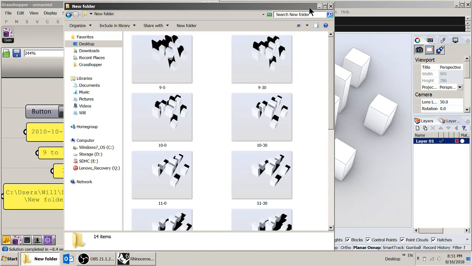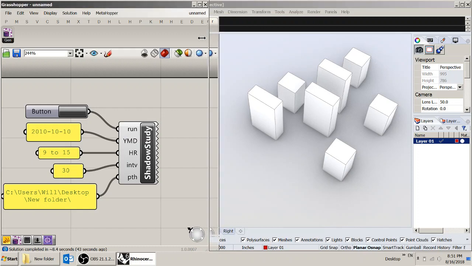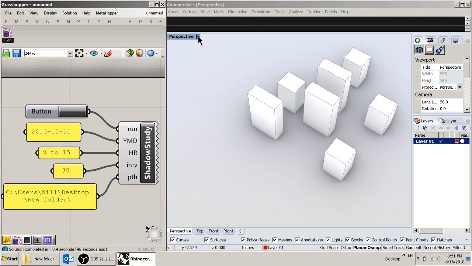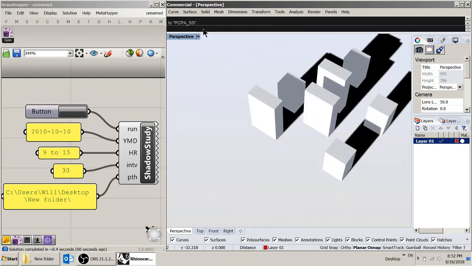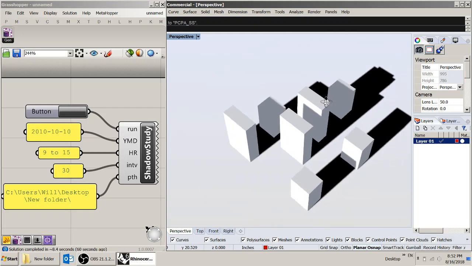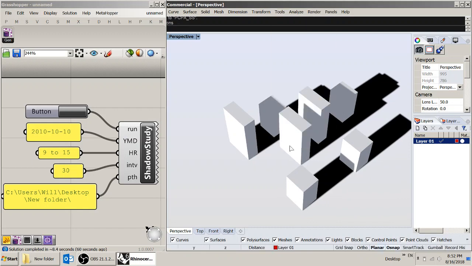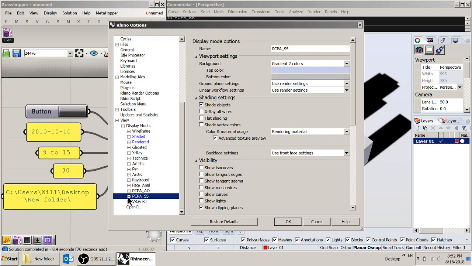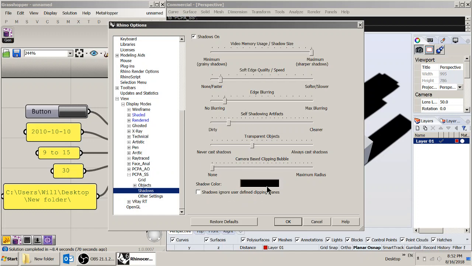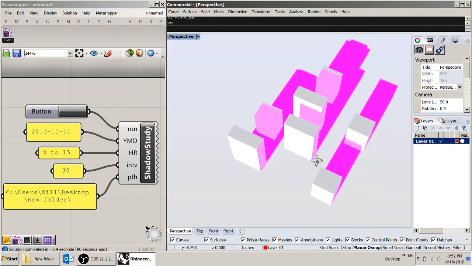Or alternatively, another use of this is to export the shadow with a distinct color so that you can isolate it later and then overlay them all together to make a composite. PCPSS is the mode that I'm using for displaying shadows. Go to Tools, Options, in View, Display Mode, SS. Go to Shadows, you can turn that to a distinct color. This way, if you export it again,